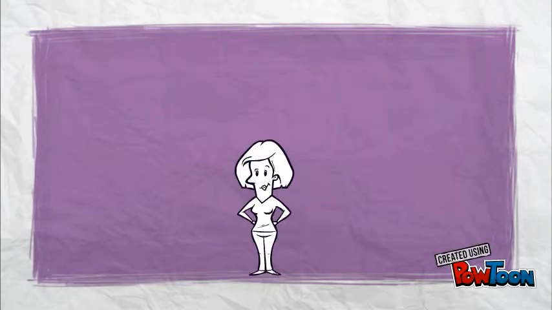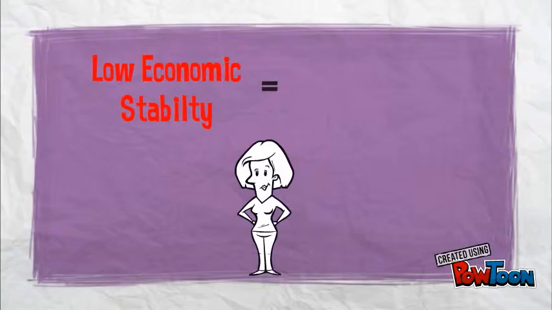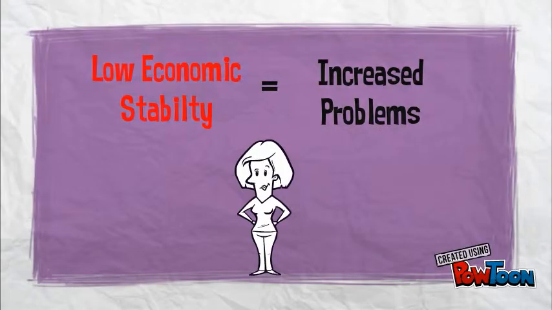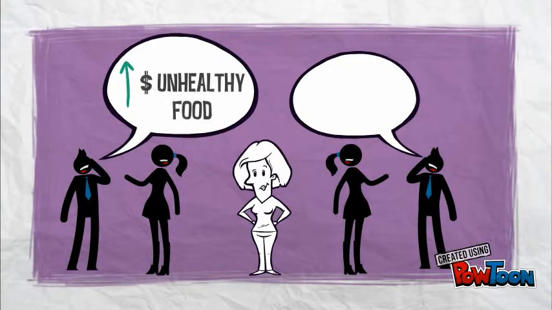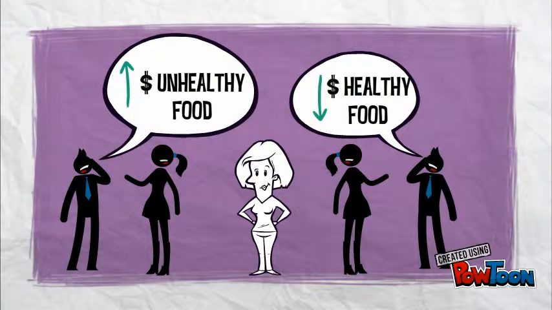Let's start with a policy influencing the price of food, since economics is such a big factor in this problem. We as nurses need to advocate for a policy that will increase taxes on unhealthy food while decreasing taxes on the healthy foods. Ultimately, we can hope that this will encourage and enable people to purchase healthier food options.